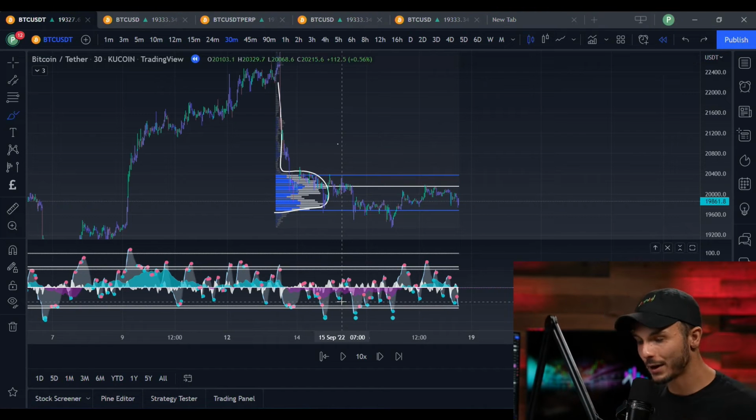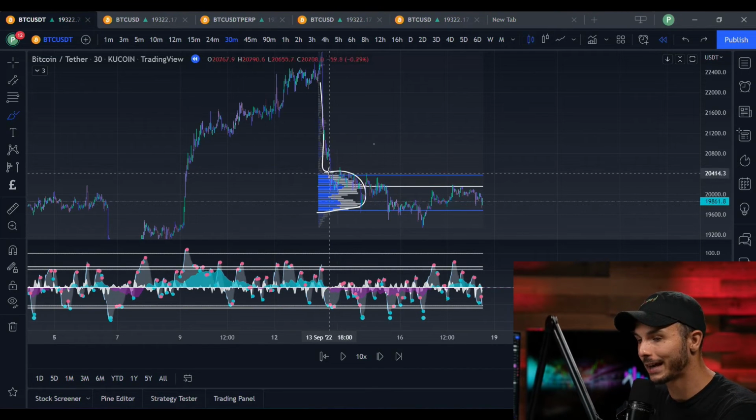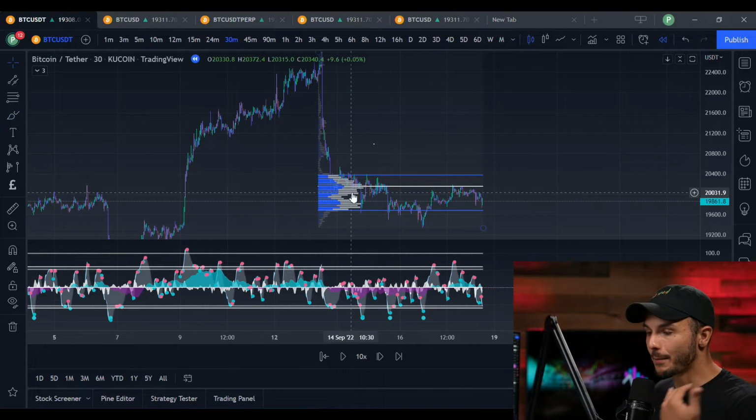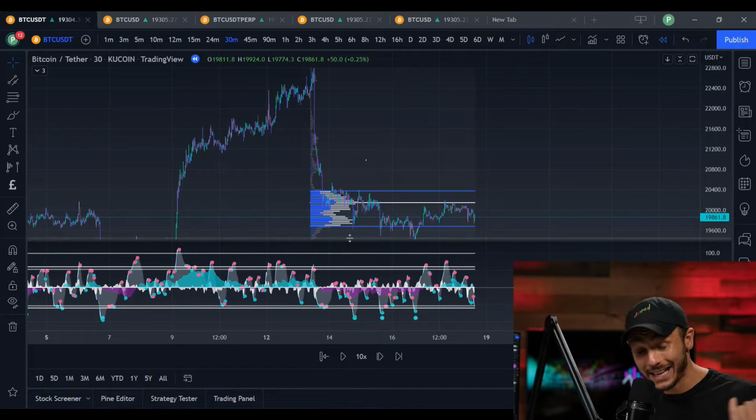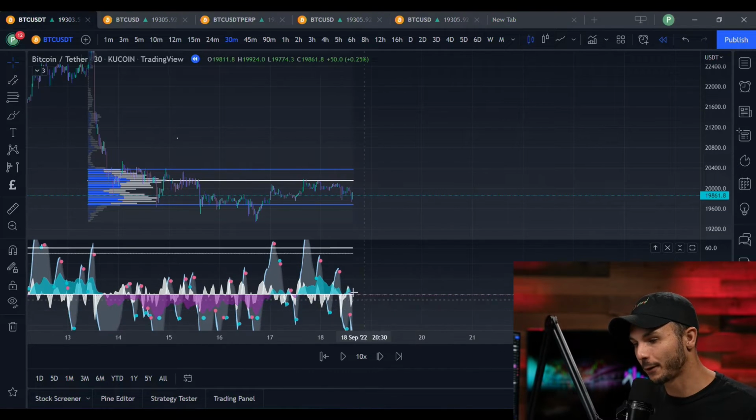And I'm going to go ahead. We're using the bar replay mode on TradingView. I want to go ahead and just kind of move forward in time here. So basically how I would go ahead and treat this volume profile is, number one, I'm already kind of expecting price to potentially continue to the downside because you could see right here on Market Cipher B,